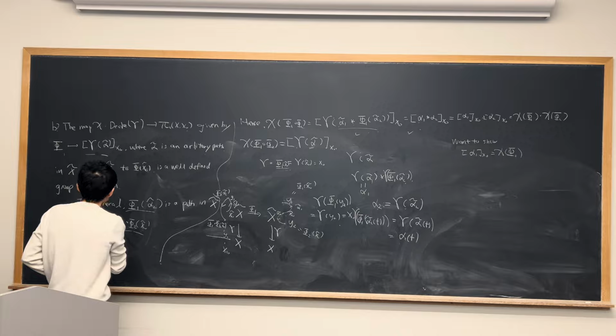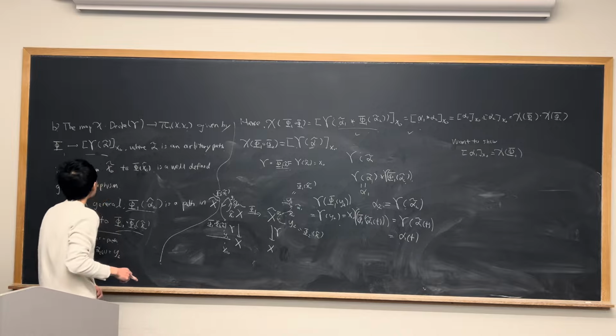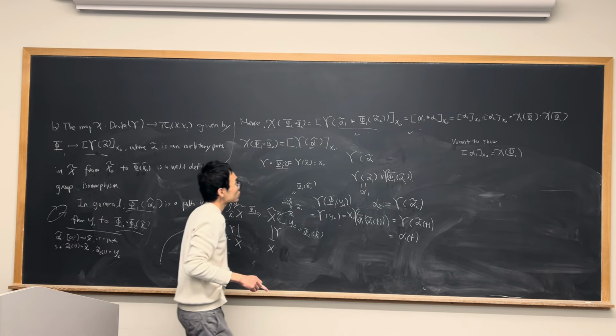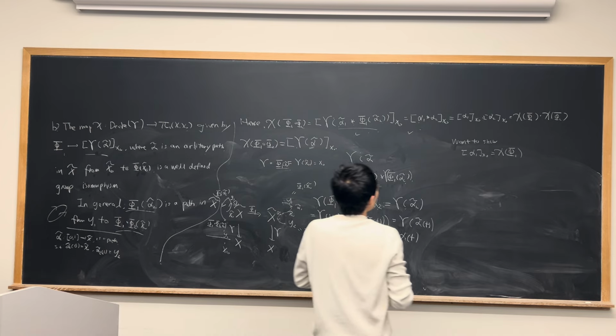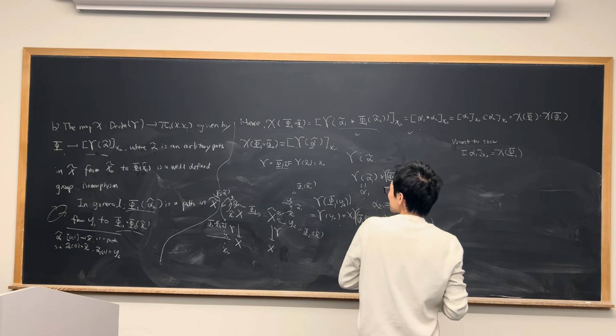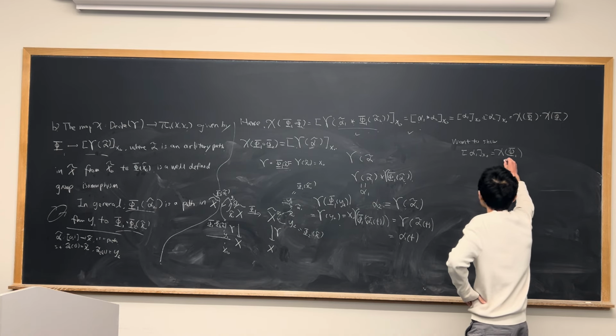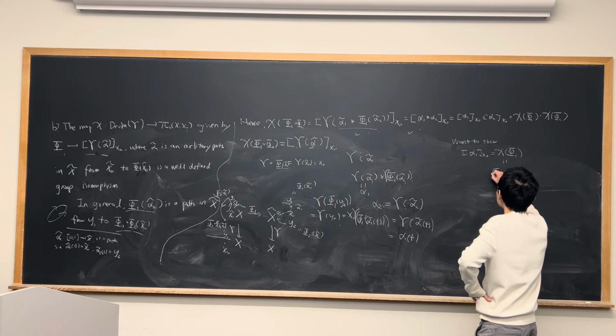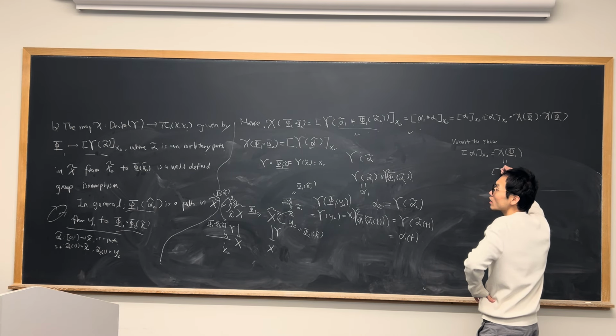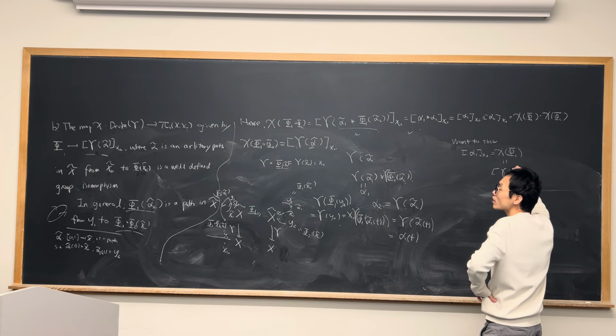Yeah, so this is actually what happened here, okay. So you should have, okay, so why is that? Okay, so this one, by my definition, is equal to gamma of